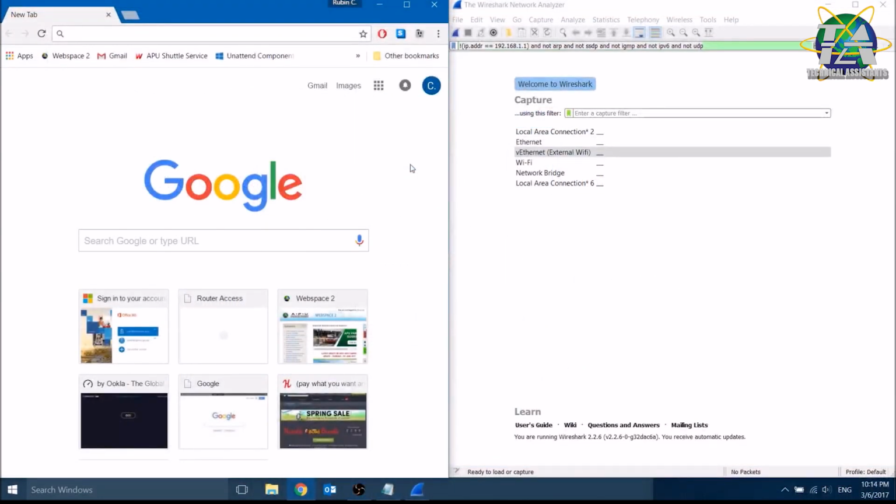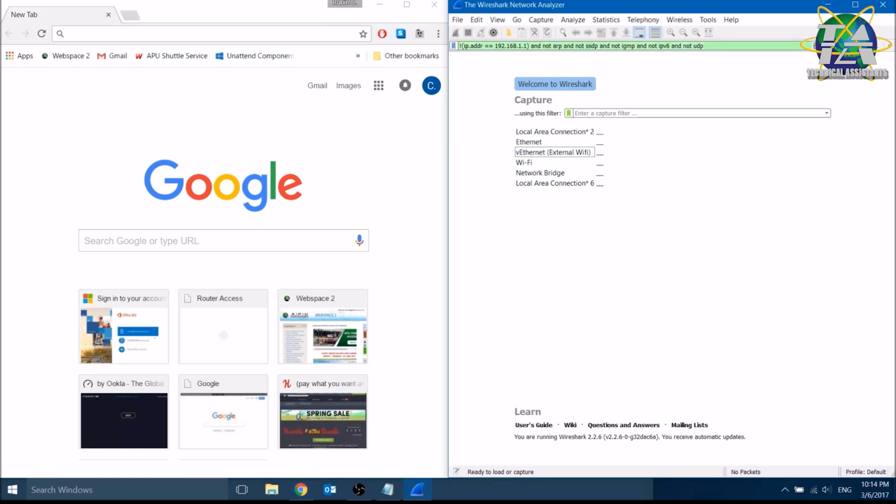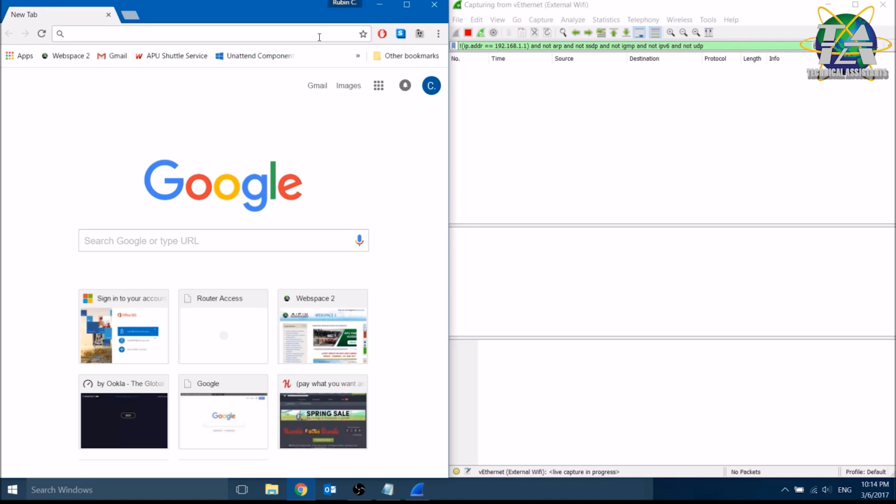So before I move on to the demonstration of Tor, I just wanted to show you guys real quick what happens when you browse through the internet normally. Here I have Chrome, your everyday internet browser, and here I have Wireshark, which is a network analyzer. It will allow me to see the data packets going to and from my network device, which in this case is my Wi-Fi adapter. So I'll just real quick initialize Wireshark,